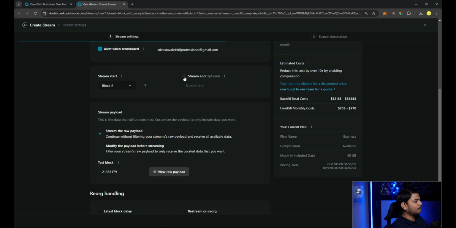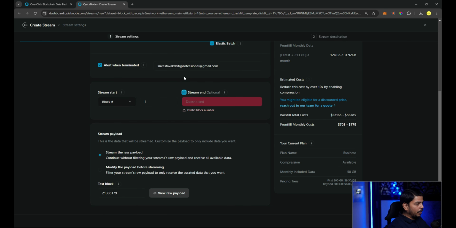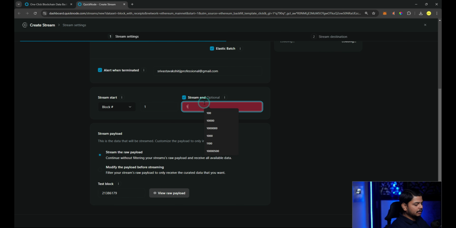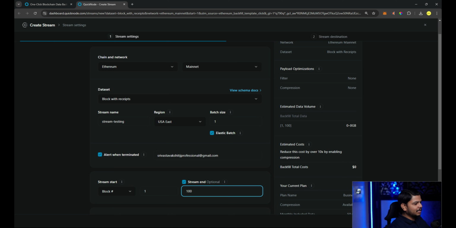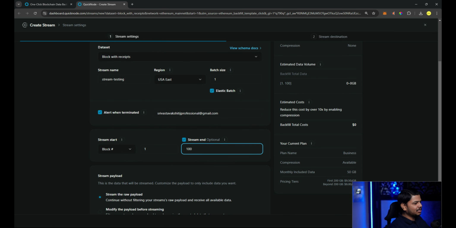And let's say if I want block numbers from 1 to 100, I can do that. Let's select 1 to 100. For that, you will see the cost is 0 because we are not fetching much data. But for now, just to show you how this whole stream works, I'm going to choose this 1 to 100 only. And then we will change it to latest blocks, which again, you can see from this particular